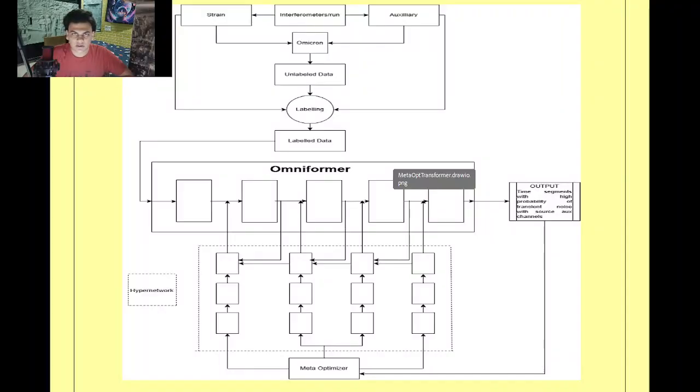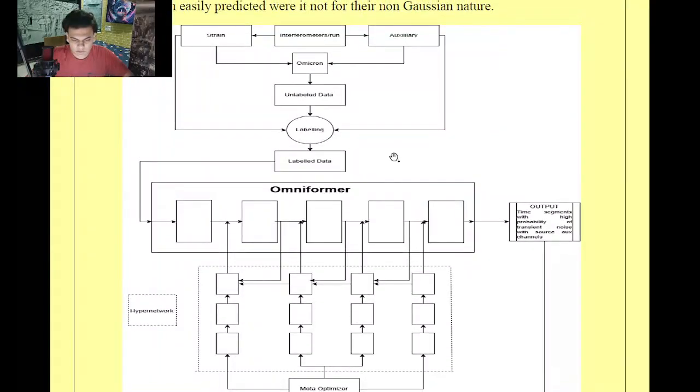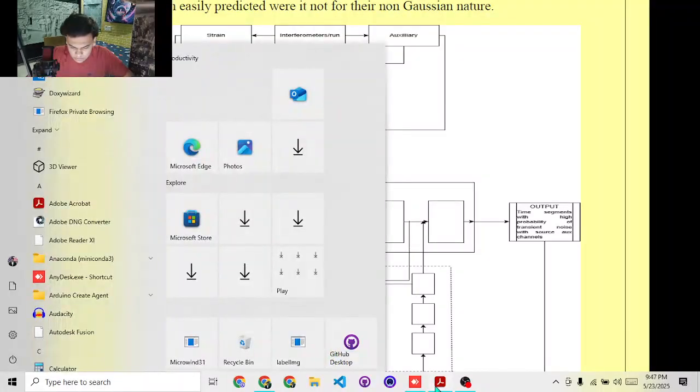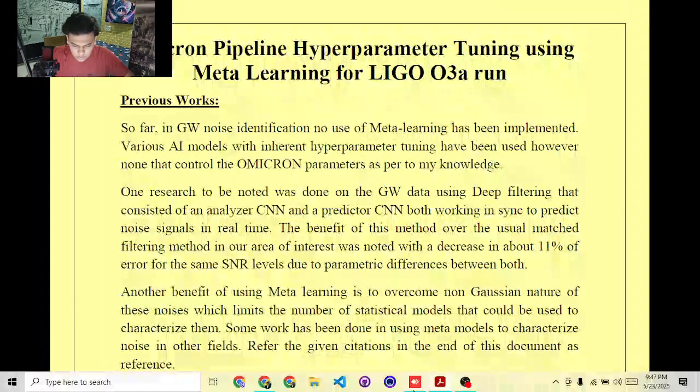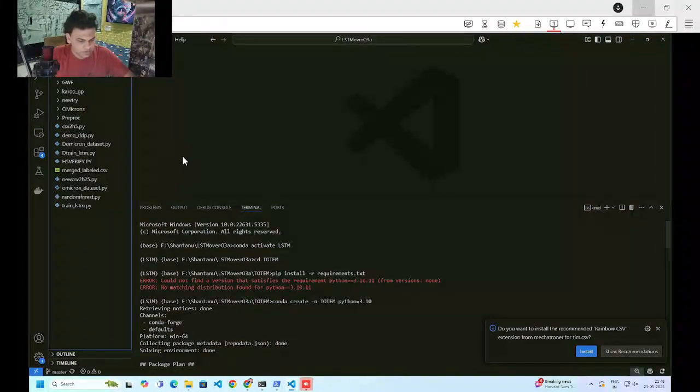So far, let's talk about progress. What we have done is we have worked on the pre-processing part of the data, and let me show you the different scripts that we have used. Yes, so as you can see here, we have different